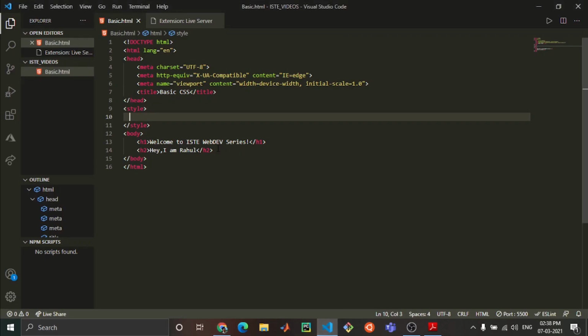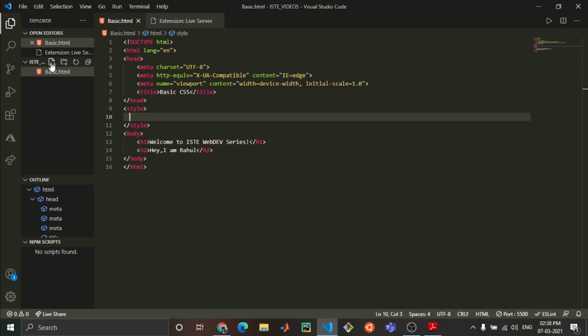Now we have seen two types of CSS: inline and internal. But what if someone doesn't want to use either of them, but wants to keep all the CSS in an external file and implement that in our existing HTML file? Because if we use that, our code will be very neat, and if we want to make some changes, we can just go to that CSS file and implement our changes there. That is the major advantage of external CSS.